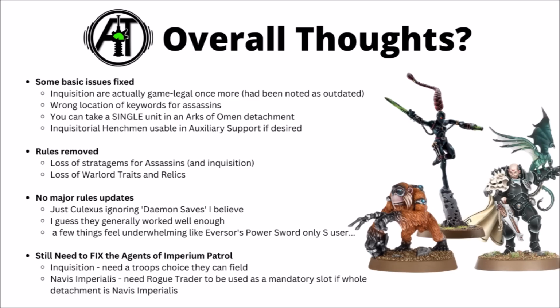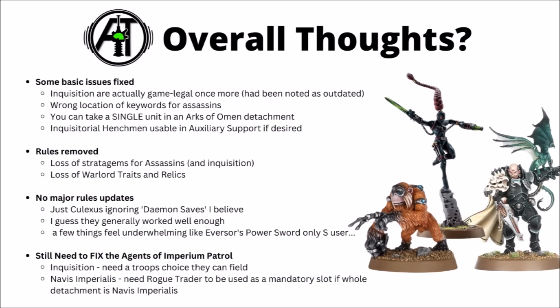The loss of stratagems in particular are kind of sad for the assassins. They weren't exactly the most complicated things in the world, as each assassin generally just had one or two that were relevant to them. Things like the Eversaw fighting twice, the Vindicator's double shot, both of those will be kind of missed. The generic Inquisitor got a bit weaker as well, as you can't take Warlord traits and relics for them anymore. They're just gone from the update. Things like the command point farming and the extra psychic cast from Malleus, again both of those will be a nerf to the army. Finally, and most annoyingly, is that Agents of the Imperium patrol that I've been banging on